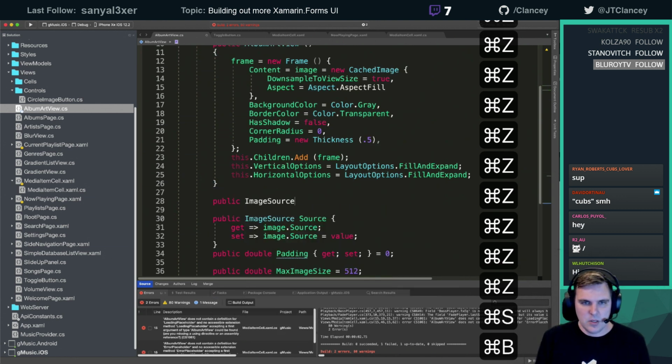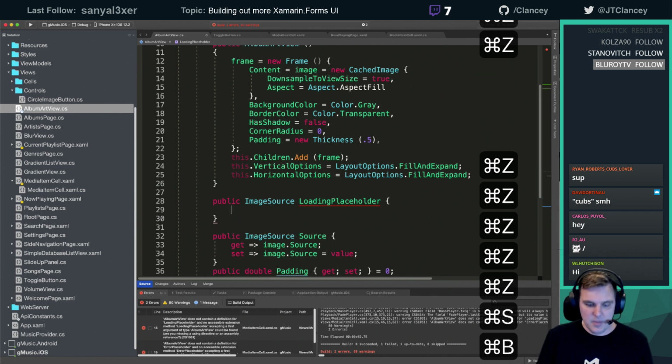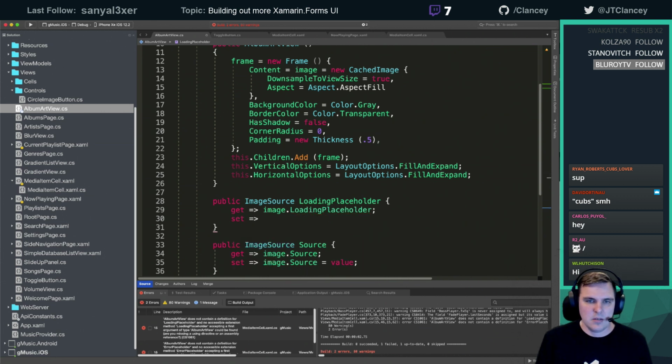public image source, loading placeholder, and this will be nice and easy. This will be image.loading placeholder, set, image.loading placeholder. We will just wrap this a little bit to expose those up,